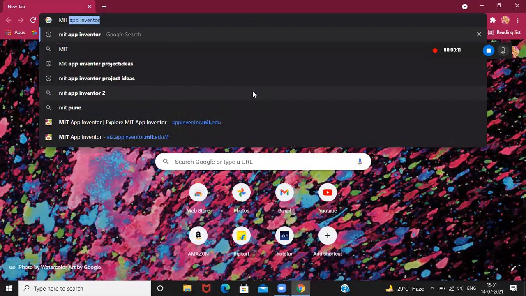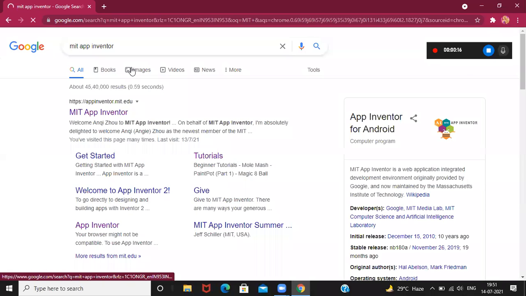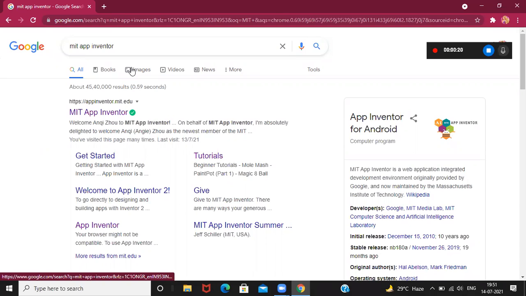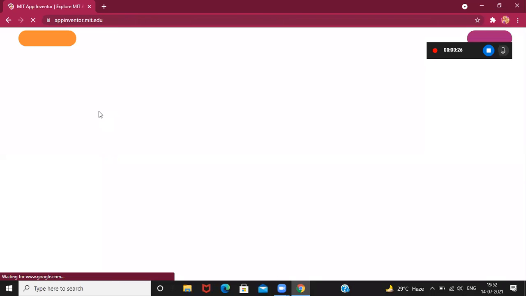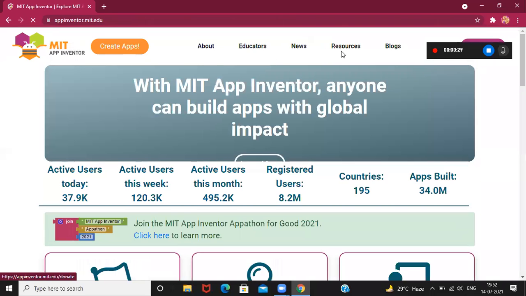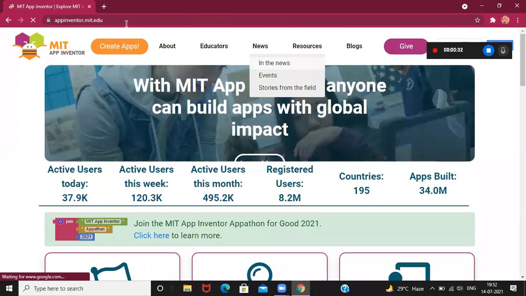For example, MIT App Inventor. Those who know about my channel, Keshin and Aradhya, know what MIT App Inventor is. I have uploaded a coding video there. If you don't know, it's a coding site which is totally free. Now I have opened it and it's continuously recording what I open, because it's going to work on an application only.